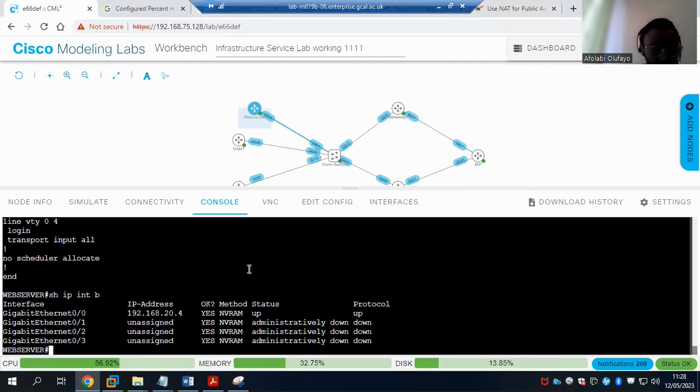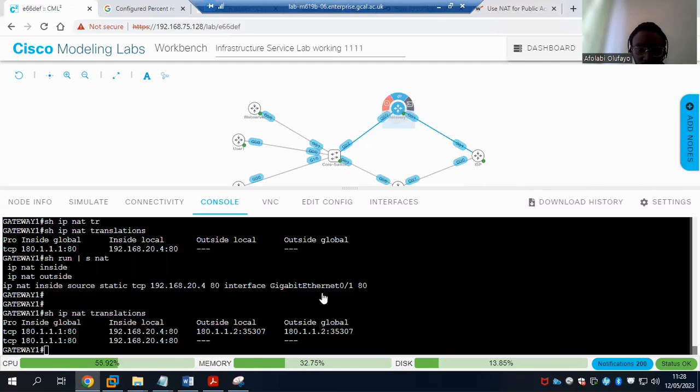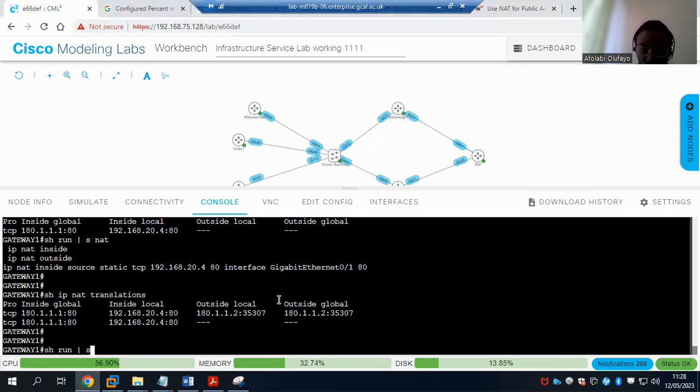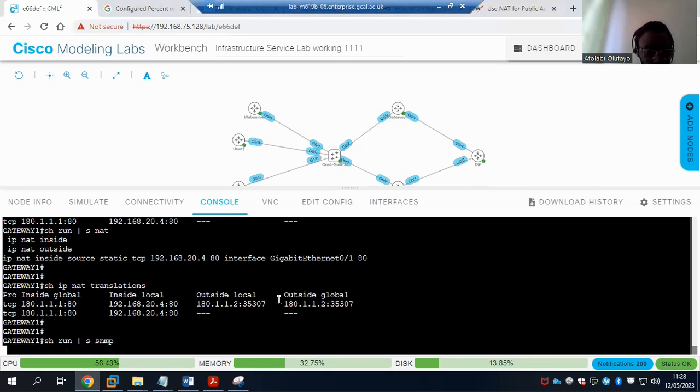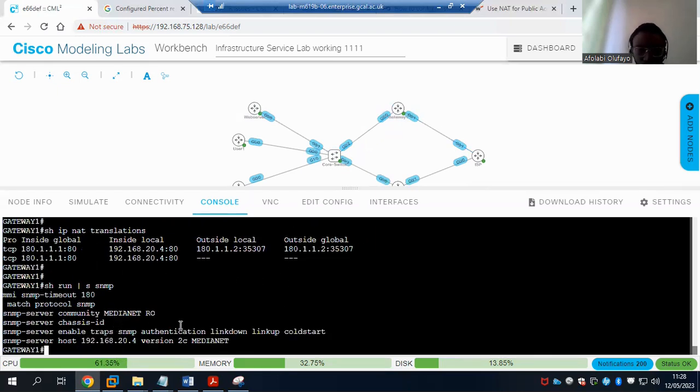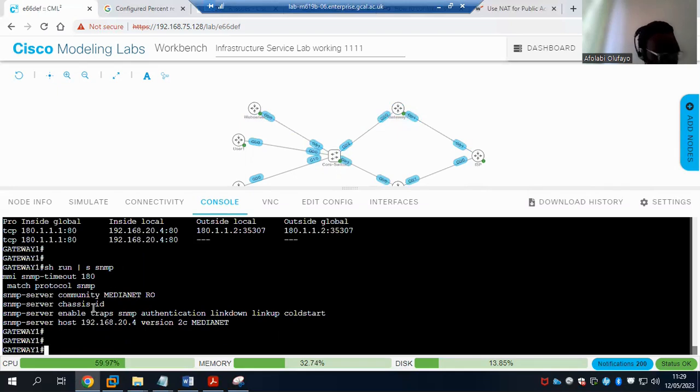So I also have SNMP running on my gateways, so that the gateways and the switches are sending traps to the SNMP server. Okay, community string MediaNet.